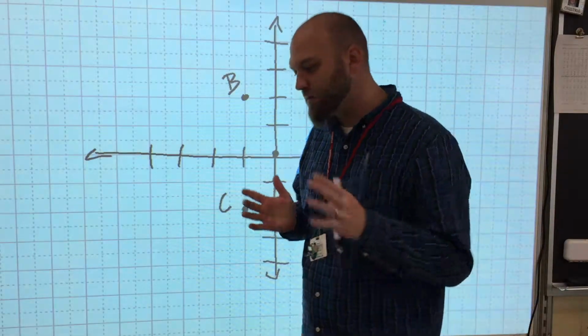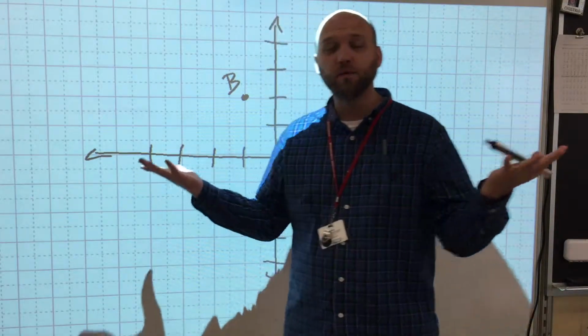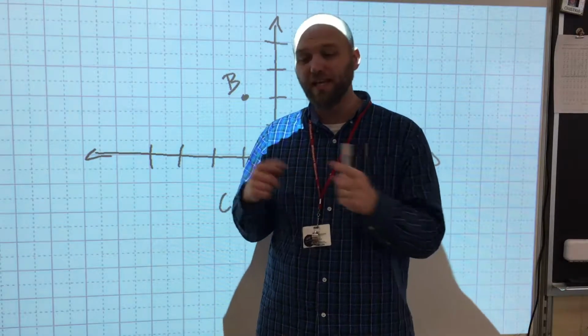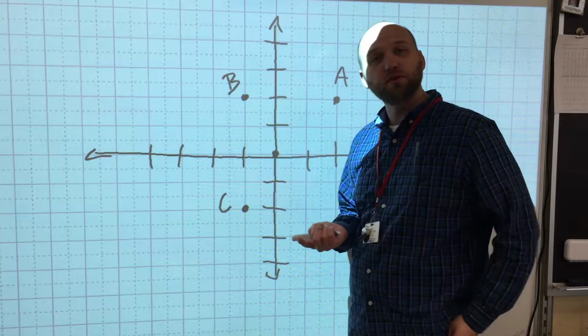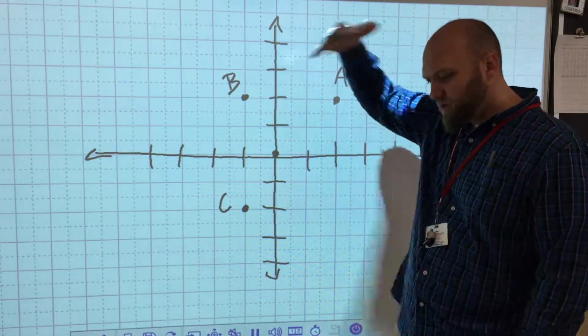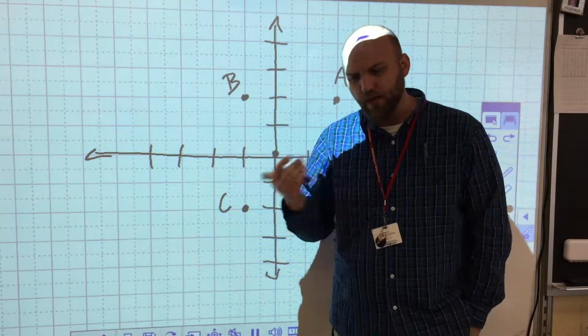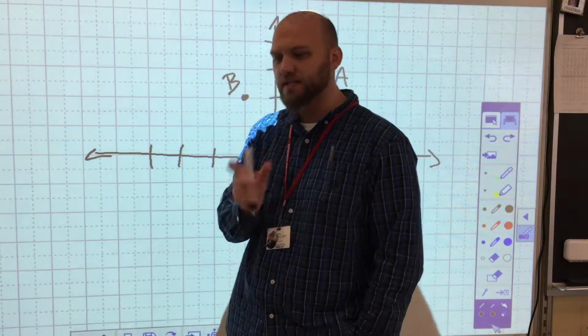All right, ladies and gentlemen, we are wrapping it up here with Unit 3. We're soon going to be getting into Unit 4, so it's pretty crazy that we're coming towards the end of our first marking period. Now, when I'm looking at my coordinate grid, in our last lesson, we compared the distances